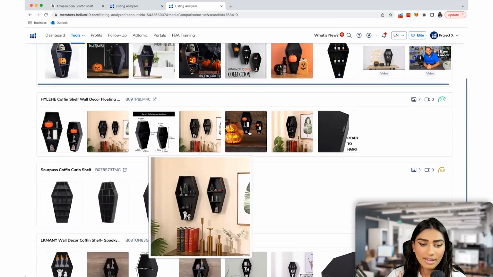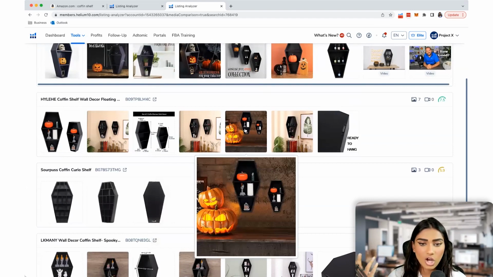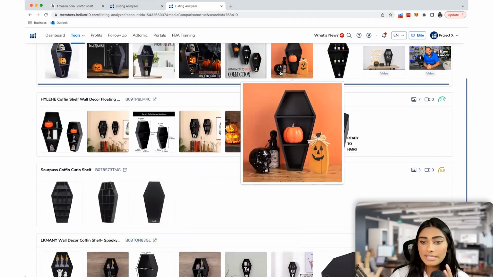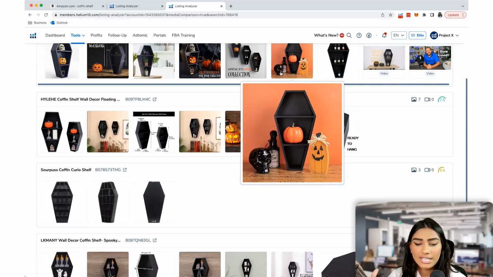We also have different aesthetics. This one's Halloween themed. Maybe something that we don't want to do is stay on top of that Halloween theme. Maybe we want to switch it up and give it a minimalistic aesthetic. So we want to set this up with a lot of glass and modern furniture to give it more of a, okay, you know what? This is a year-round thing that you can utilize in any setting.